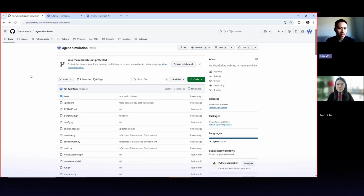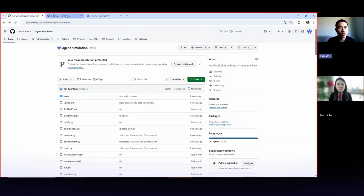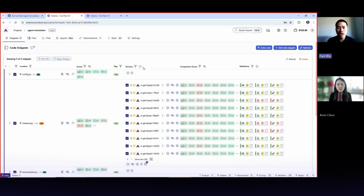Yeah, absolutely. So this is a GitHub page of the agent simulation project. This project is completely built by AI. And what I did was import the project to Artemis, which is a code optimization platform. So after I import the project into Artemis, I use the tool to automatically analyze the source code to find out where the bottlenecks of the performance in the project are. So you can run scoring to score different functions or different files of the project to find out where the performance bottlenecks are. And then the next step, you can generate different code versions or code suggestions from the tools